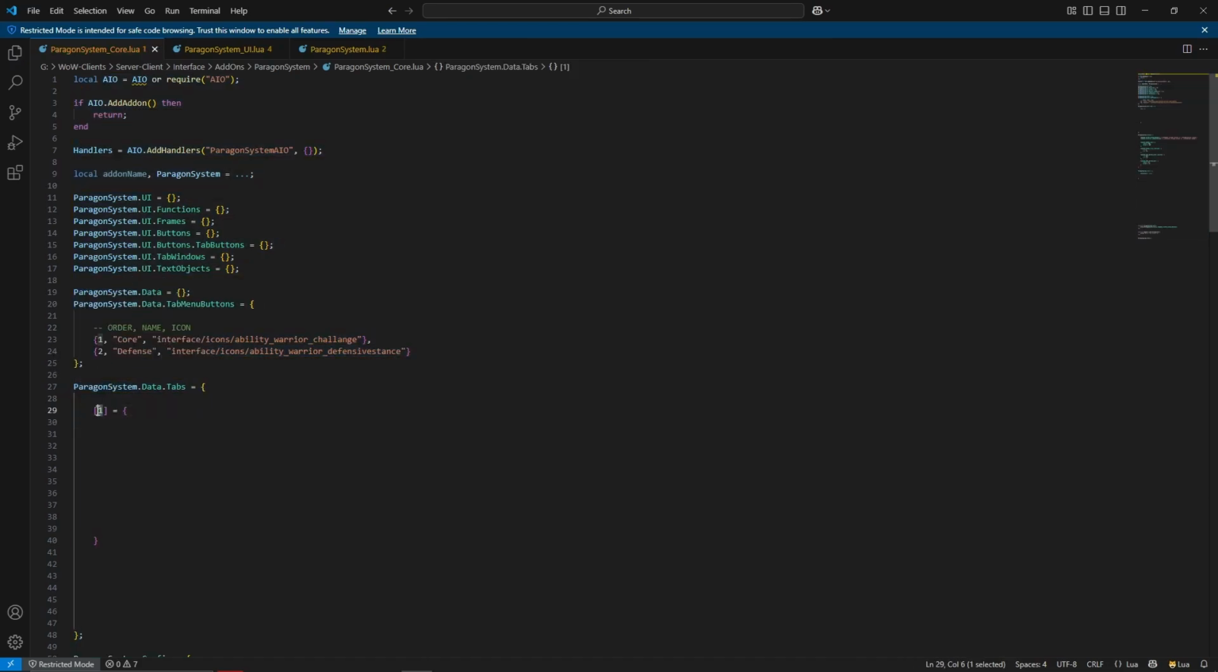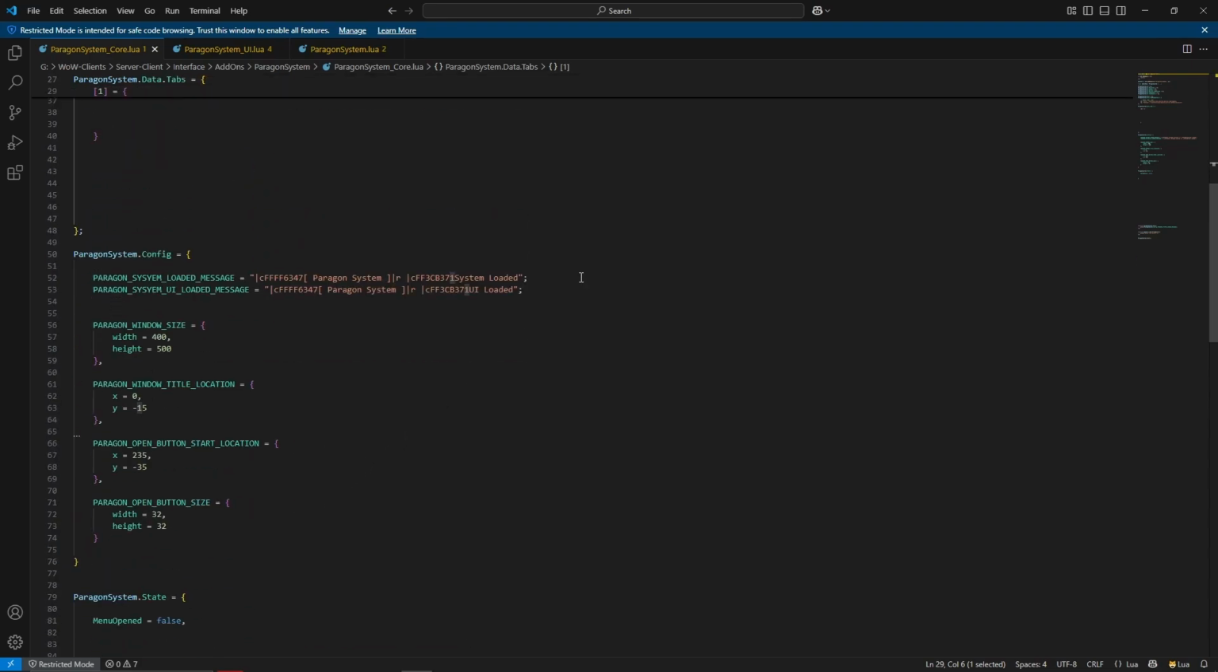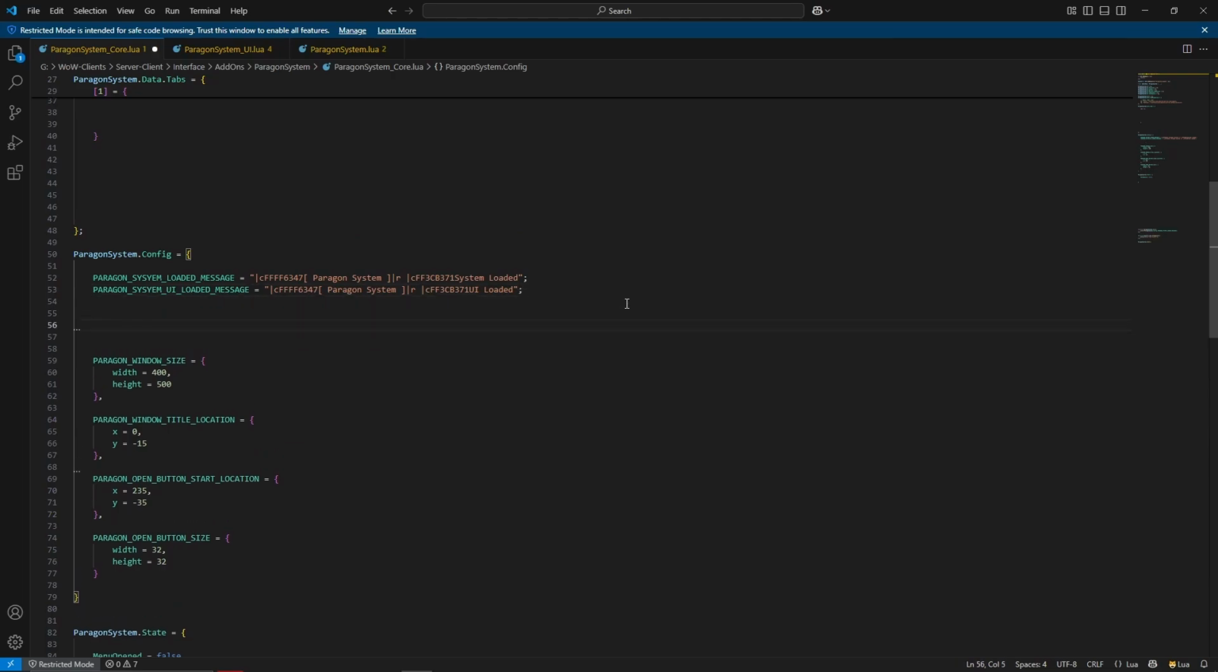So these are the tab IDs, and you can even do it much better if you want. What we can do is actually go down to the config, now that I think about it, and just declare them here. So tab IDs. This is probably going to help a bit. So tab ID 1, or